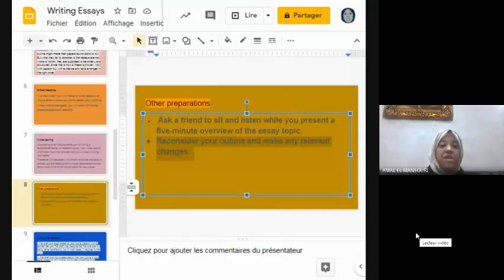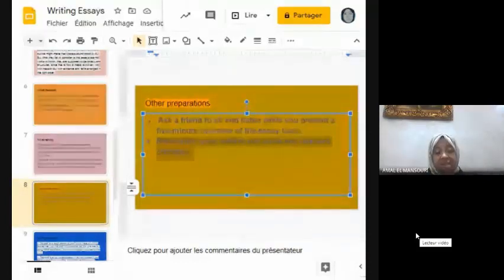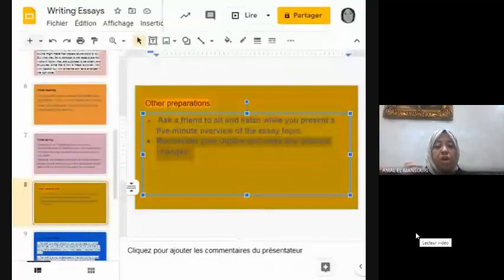So proofreading is the fact that you ask your friend to read your writing assignment. It could be done at all stages. I mean, before starting to write your essay or your paragraph, you have to discuss with your friend the ideas that you are going to include in your writing. And after finishing writing the assignment, you have to ask your friend to read it for you. This is what we call proofreading.